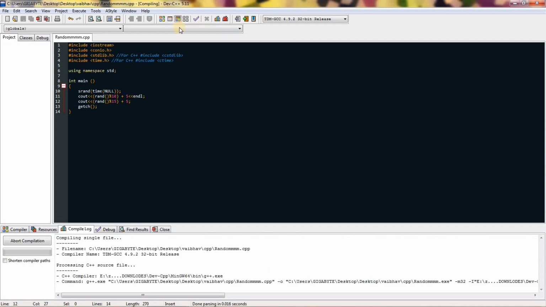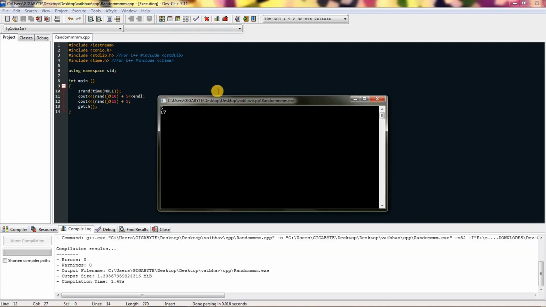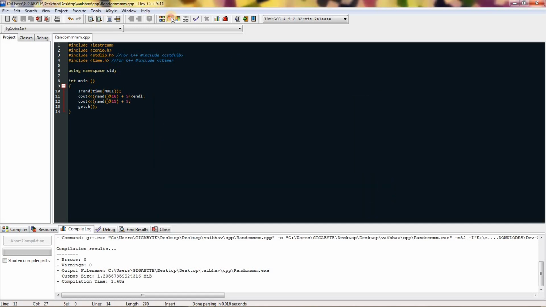And if I compile this, I will get a number between 5 to 14 including both for the first number, and the second number is between 5 to 20, including 5 and excluding 20. So if I run this like 3 or 4 times, you can see it generates a